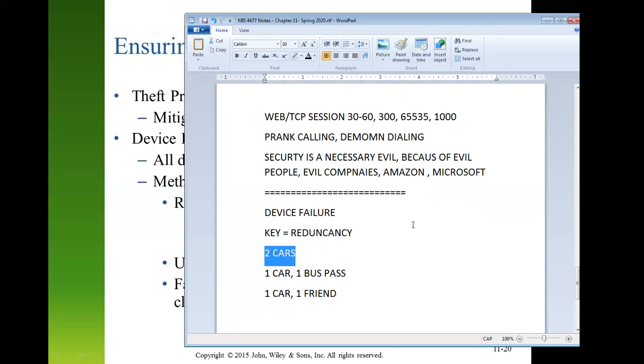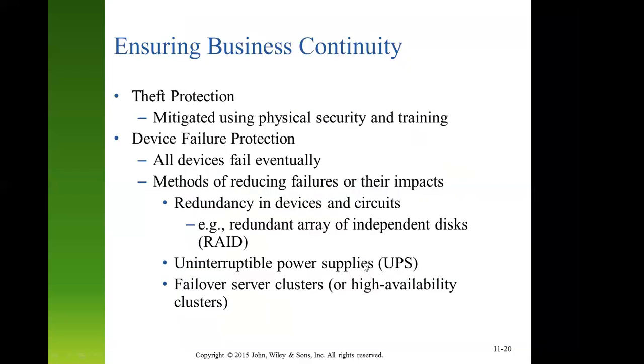It can, but that's the most expensive way to do it, like 2 hard drives. If everybody had to have 2 hard drives in a mirror in case one fails, that's a little expensive, and it also adds extra hardware that we don't necessarily want or need in our laptop computers. So usually redundancy is you're using a primary system, 1 car or 1 hard drive, and then you have a backup system. You're copying the data off that hard drive into the cloud. Or in the case of electricity,